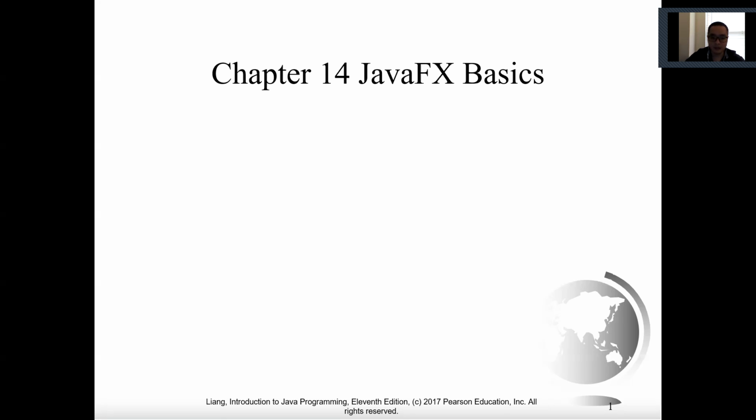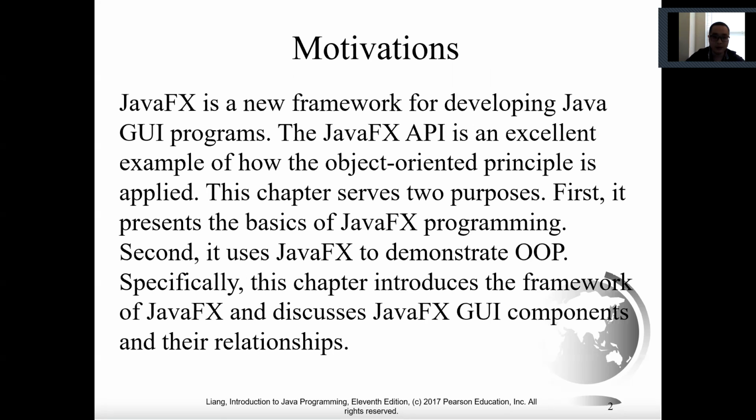Here, let's continue our course. For today, we would like to learn about JavaFX basics. JavaFX is a framework for developing Java GUI programs, which stands for graphical user interface. You will probably find it very interesting, since you can interact with a lot of pre-coded components, like the window and the image, and you will see a lot of feedback from the program,